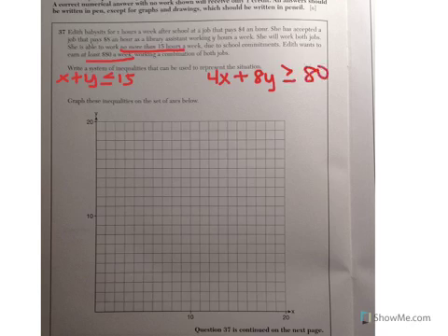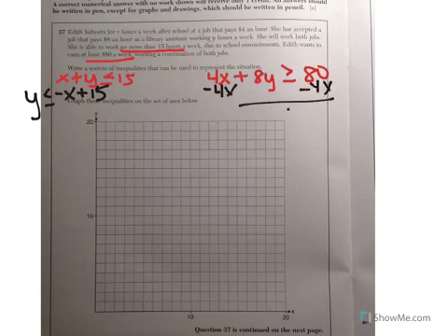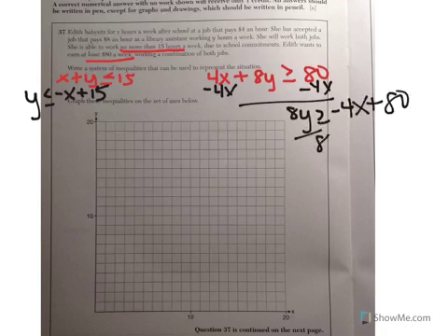Now we just have to solve for Y and then graph. So to get Y alone over here, we're going to subtract X, and we're left with Y is less than or equal to negative X plus 15. And over here, we'll subtract 4X from both sides, and we'll get 8Y greater than or equal to negative 4X plus 80, divide by 8. Y greater than or equal to negative 1/2 X